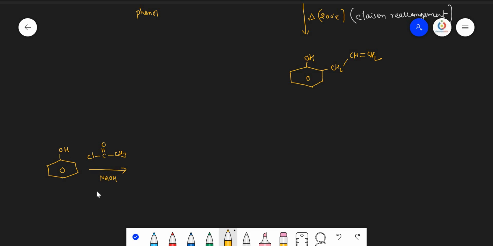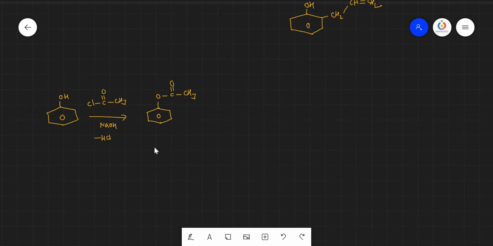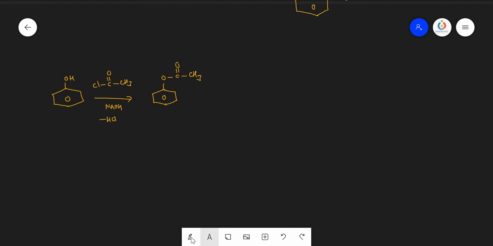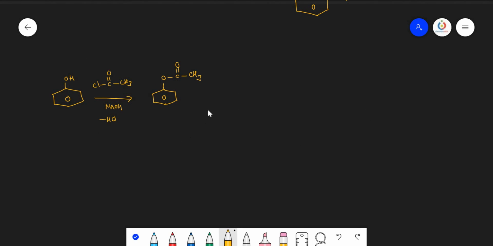It will lose HCl, minus HCl. So we get the ester molecule, O-CO-CH3. It is one of the important reactions which we are going to discuss. This is the phenyl ester. And this phenyl ester,